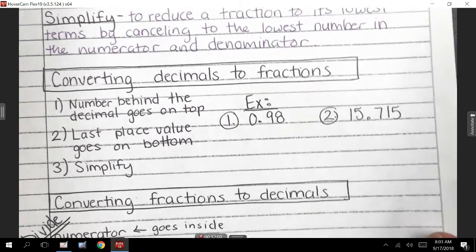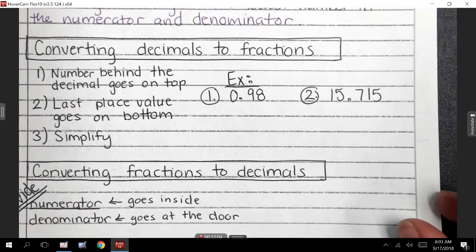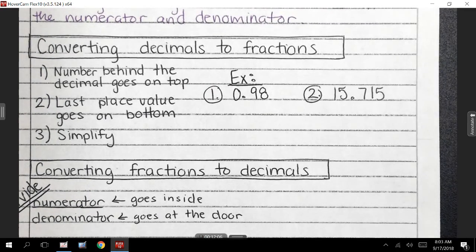All right, let's talk about what we're actually going to do today. Let's get into actually doing some math instead of just writing some words. All right, the first thing that we need to be able to do is we want to be able to change a